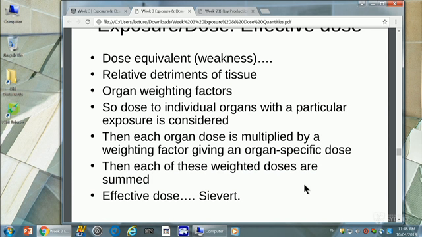Okay, so there is a little bit more to this, but we can finish it next week. Let's just wrap up what we know about these doses. We talked about the operator values, which I'm not too concerned about. KVP, MAS, you know about those. Then we moved on to exposure, which is simply ionizations in air. Then we moved to dose, which is energy deposited in a volume of tissue, and there are 3 units you've